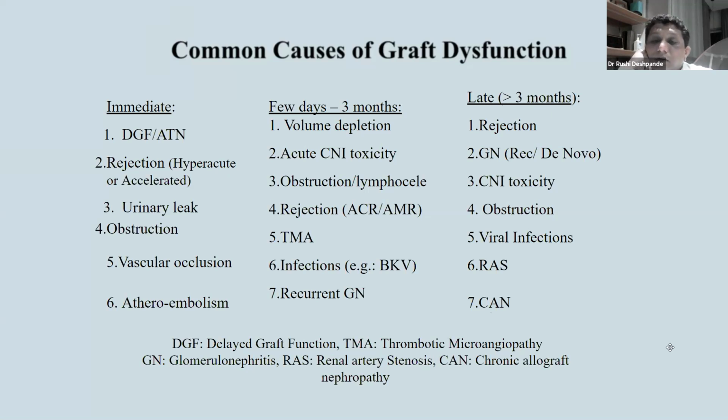Transplant artery stenosis. Now this is a very important complication for us to remember. It can be due to donor-derived reasons, or it can be from the recipient or from technical problems. A renal artery narrowing in a transplant is like the Goldblatt single kidney model. Goldblatt has two models for renal artery hypertension, you may be aware. When there is a single functioning kidney with a single artery, and there is a narrowing of that artery, it will present with hypertension in what way? Salt and water retention. These patients will get swollen with worsening edema, worsening hypertension, and renal failure. So that is the way it will present.